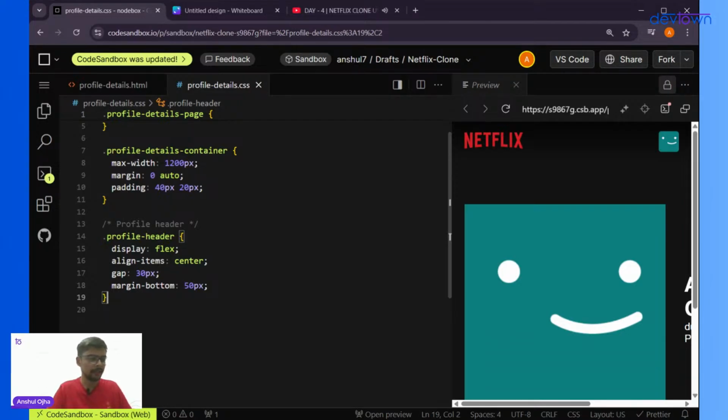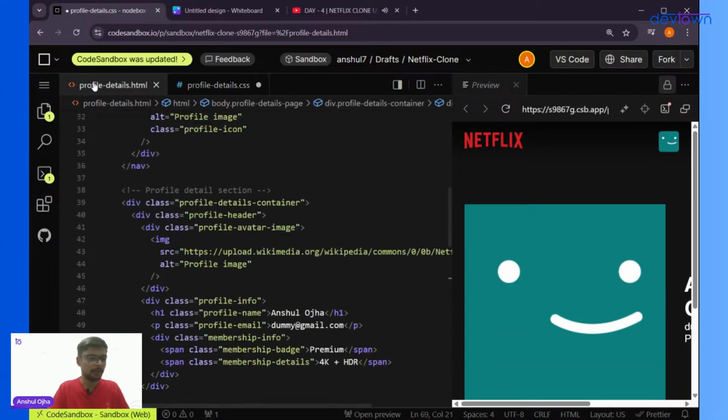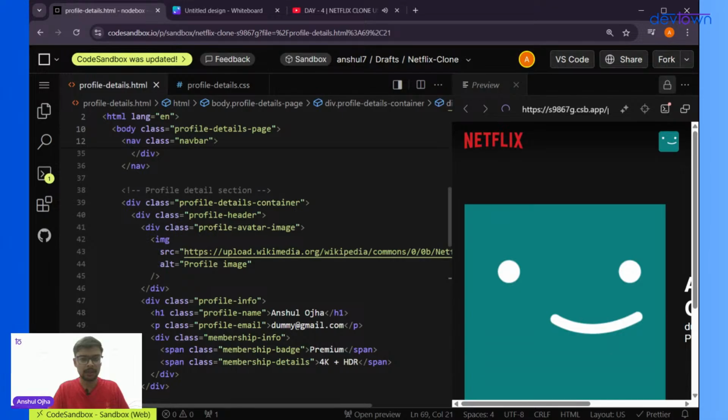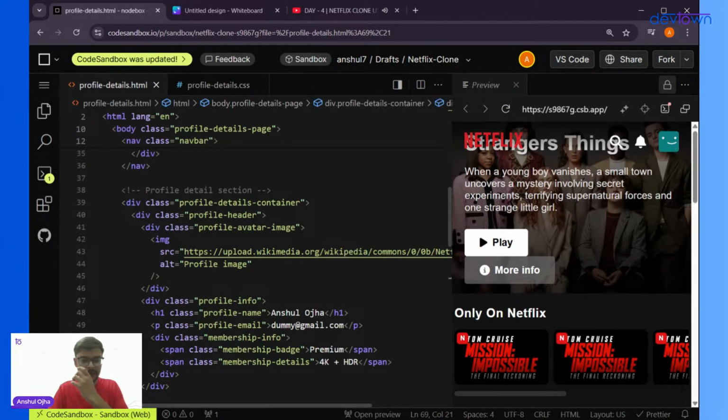Yeah, so profile header is done, and now we have added a section for profile avatar. Okay, a section for this, and let me check where that profile avatar is. Yeah, so we had a profile avatar image for this case. So we will be selecting this profile avatar image and